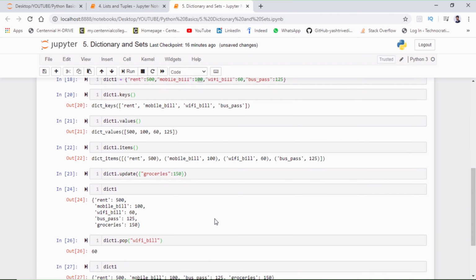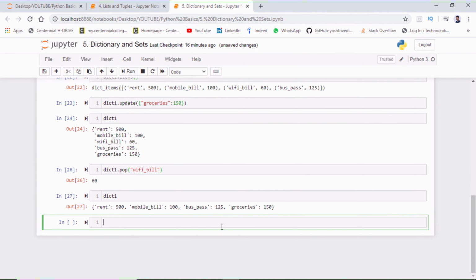And we can define a dictionary inside a dictionary. Also we can define a list inside a dictionary. So for example, this is my dictionary 2. For that we have to use the curly brackets, and let us define A, and inside A I'm having a list, and inside B I'm having a dictionary.